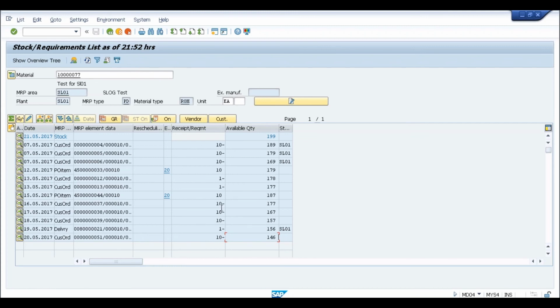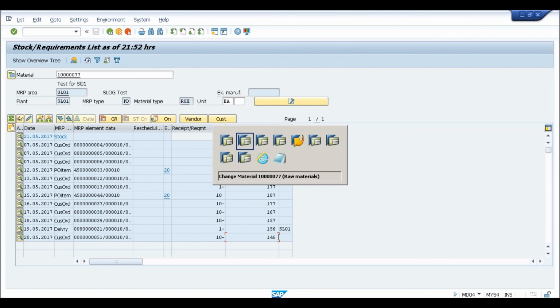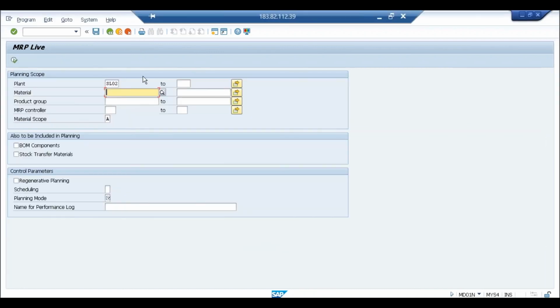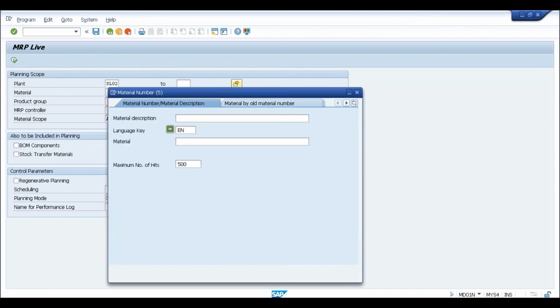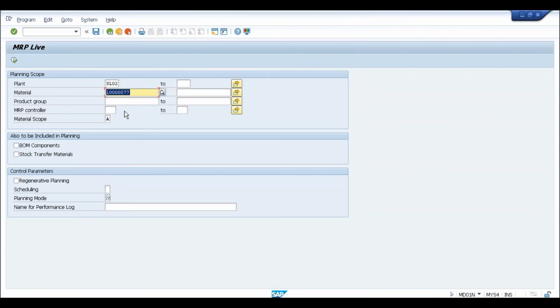Okay, so same thing. Now, if I try to do via MRP Live, if I go to transaction MD01N, and if I provide the same material here also, star SL01 star. Planning mode, let me keep this as regenerative.